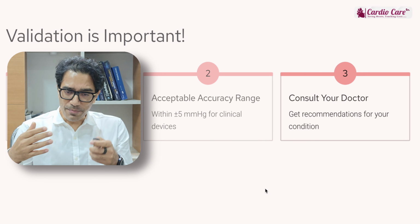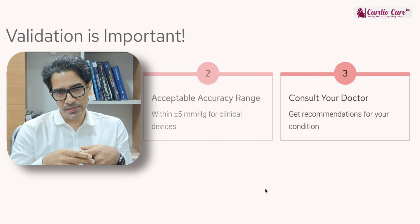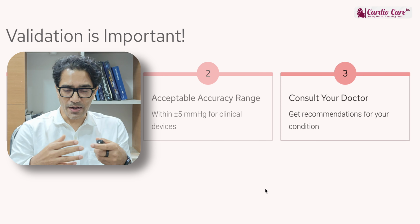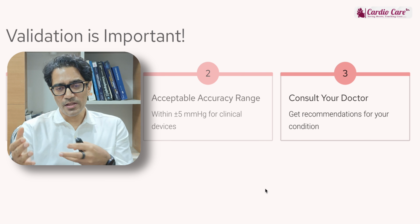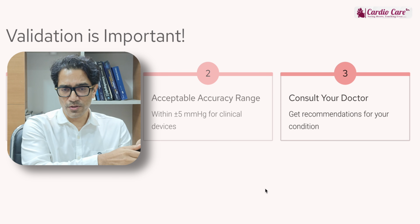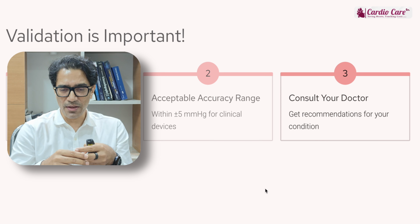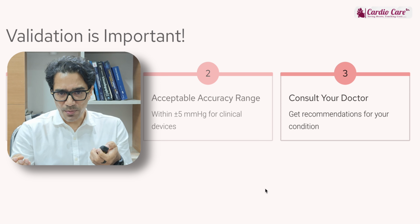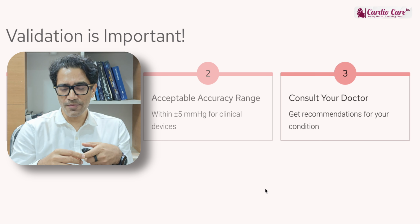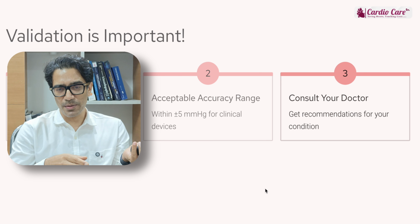And you should always calibrate these digital monitors with a clinic based Mercury monitor, because as I have discussed previously, the Mercury monitors are the most accurate. Digital monitors need to be calibrated against the Mercury monitor at least six monthly. So if you have a digital monitor, check your blood pressure at home, bring it to your doctor's office and check the blood pressure with a Mercury based device. If both of them correlate within plus minus 5, that means your digital monitor is working. Digital monitors need to be correlated with your clinic Mercury monitor every 6 monthly, and the Aneroid, the dial and pin type of BP monitor, needs to be validated against the sphygmomanometer every